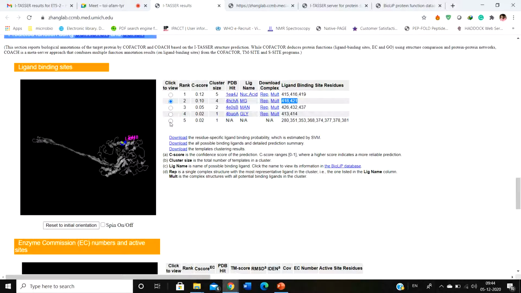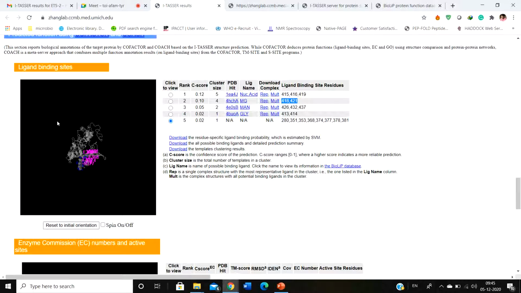And similarly, simply selecting and checking residues, if the protein that you have modeled is an enzyme, then you are going to get an idea about the active site also. And these are really required because generally the active sites have a conserved structure. So if your protein has any homolog, then taking a look at the ligand binding sites is going to reveal a lot about your model structure.